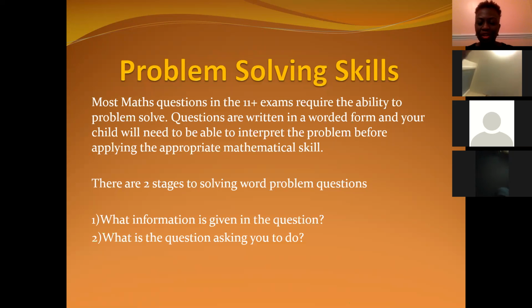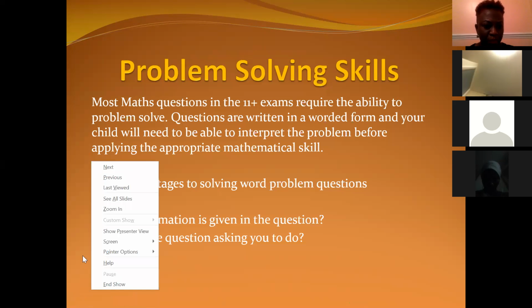That's division, you know. So that's why I said the basic arithmetic skills need to be up to par, they need to be sound before we can actually engage in problem solving skills, which is why I've dealt with it after going through the basic arithmetic skills. Okay, so I think the next slide just goes on and talks about